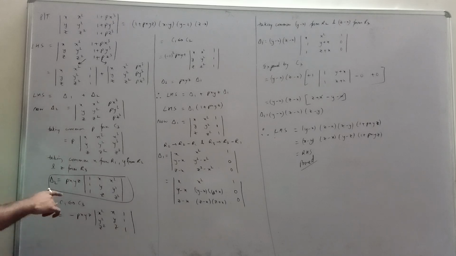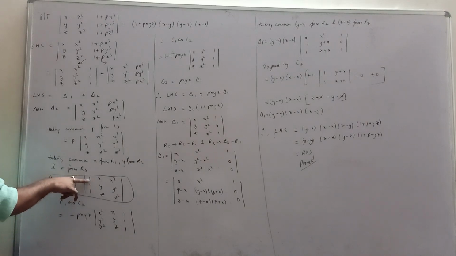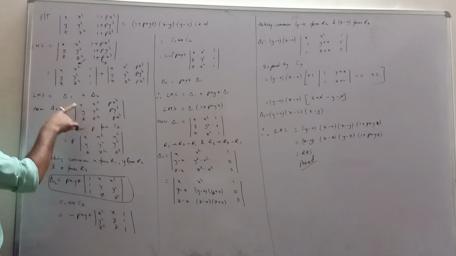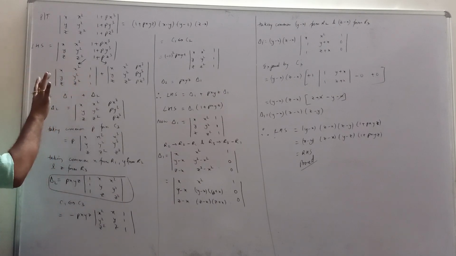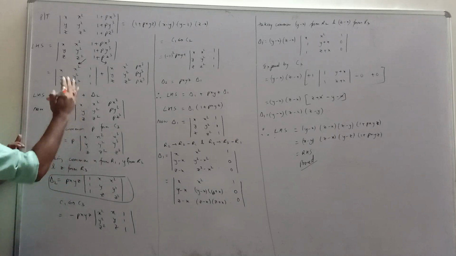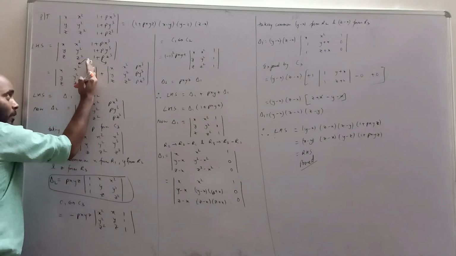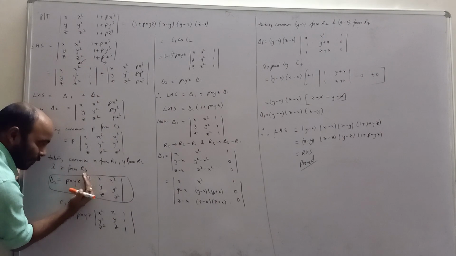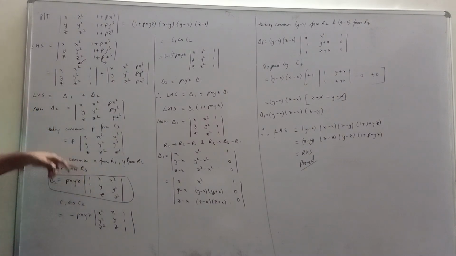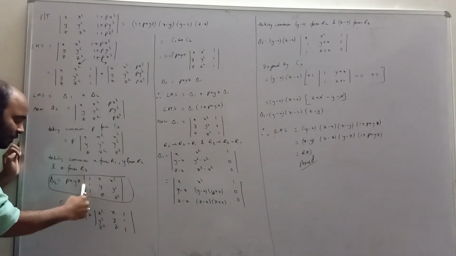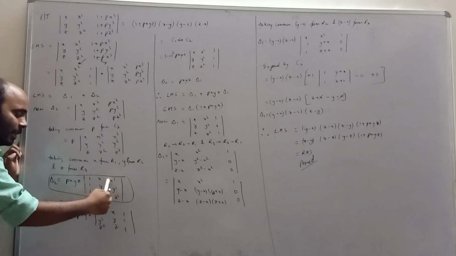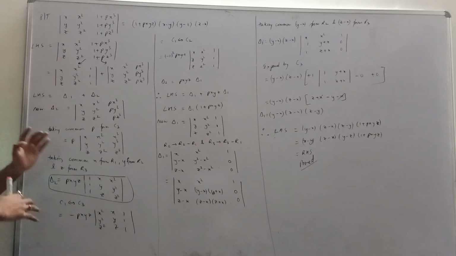Here in any one row, 1, x, x square. Here also we have 1, x, x square. Understood? So now see, here the third column has 1 1 1. Here the first column has 1 1. To make them look equal, I have to shift this first column element to the third column. So what am I doing? I am using the